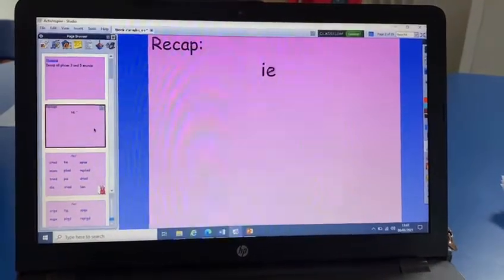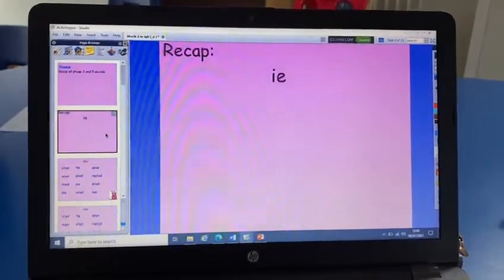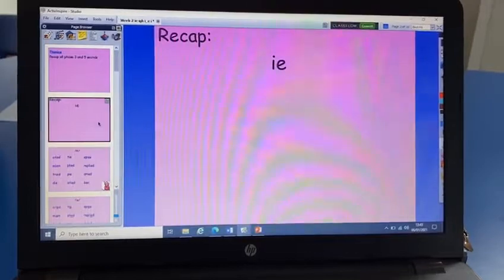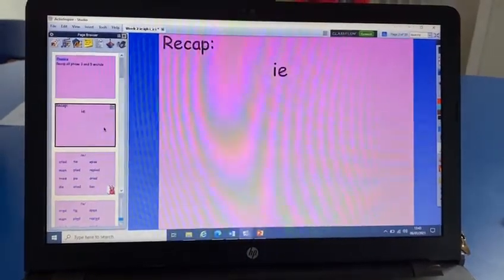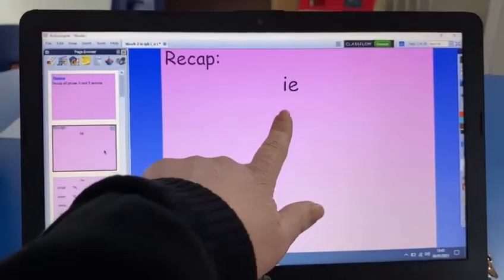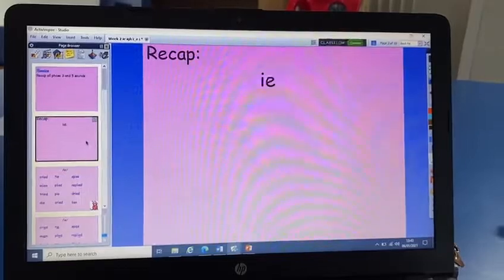Hello everyone, I'm going to go through our phonics lesson for today, and in today's lesson we are going to be thinking about the I sound made using the letters I and E, just like the one that you can see up here. So what I'd like you to do, first of all, before we get started,